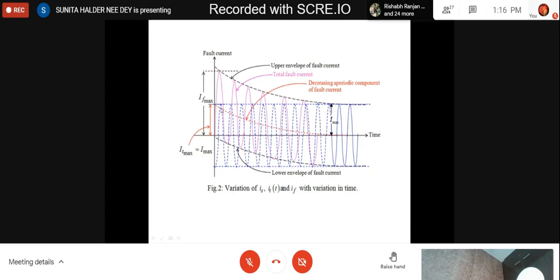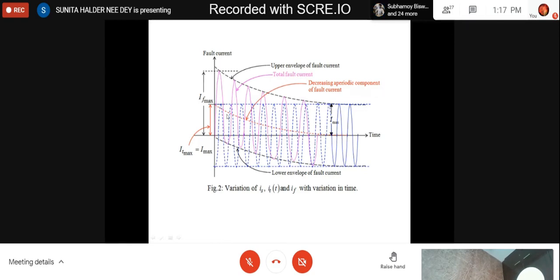Now, if we want to get the exact maximum value, then obviously we have to calculate what is the decay at this point, and what is the time at this point, and then we can calculate L by R. L and R may be known, but it is very difficult because it depends on the fault point, at which point the fault has occurred. So every time it will change from one fault to another. So it is very rigorous to calculate every time the exact transient component, and then add it to the steady state component.